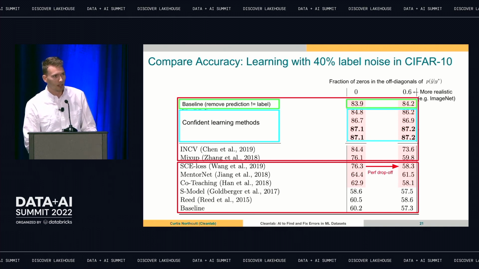And that won't happen with confident learning. And that shouldn't surprise you too much, because we're actually modeling this joint matrix directly. We're doing what the problem would like us to do. And so we're finding those errors. We know that most of them are 0 already, and so we take that into account. So that's one good benefit.